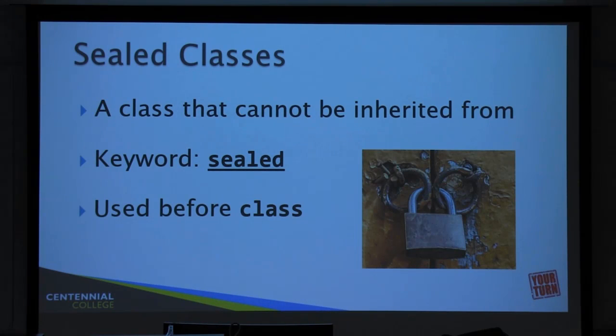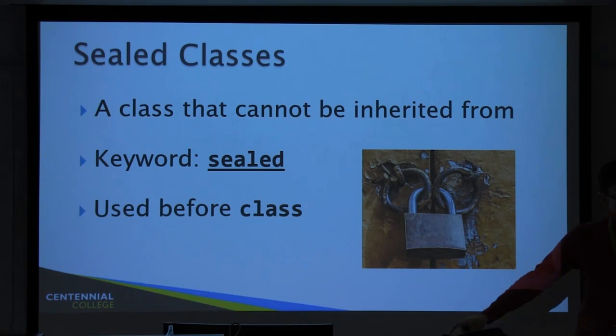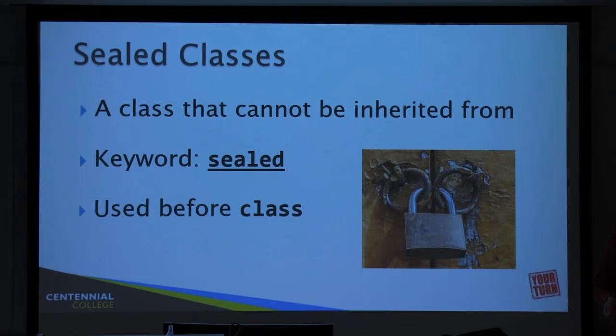The next one is that when you have this concept of inheritance, it creates some overhead for the computer, for the application. Because any class that is not flagged as sealed, the processor, C#, the framework, needs to figure out if it has children. It needs to do those extra steps to see, does that class have children or not? Do I need to care about that? That creates a little bit more processing on the part of the application.